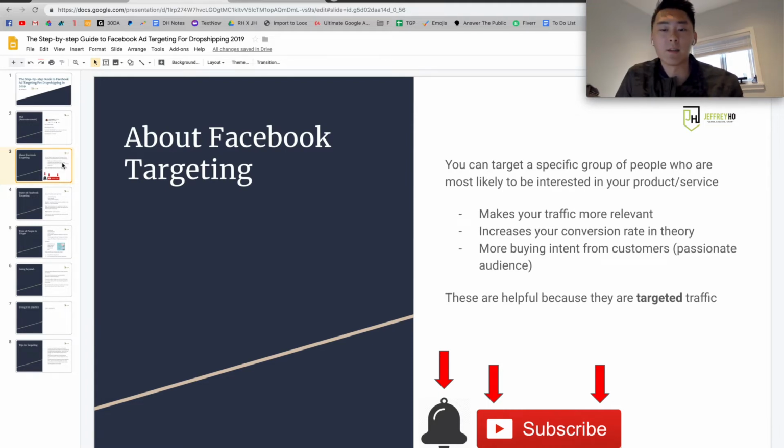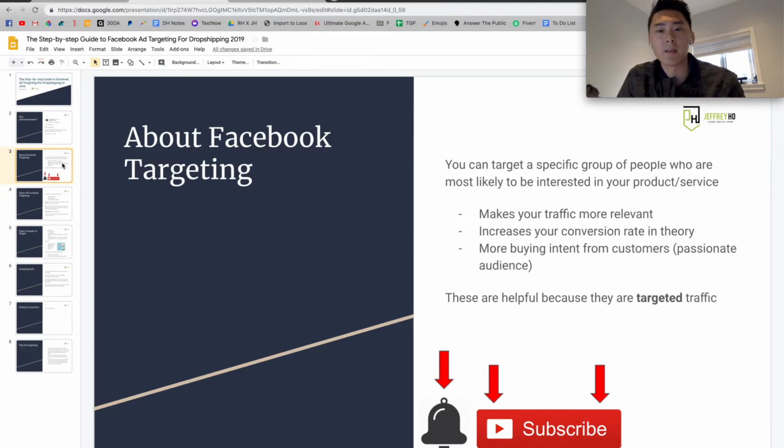Basically, what this does is make your traffic more relevant, first of all. Second of all, it really increases conversion rate because the traffic is more relevant. That means people are more targeted and have more interest in your product. It will also mean that you have more buying intent from the customers because they are interested in what you have to offer. You're targeting people who are interested in a category that's the same as your product and niche.